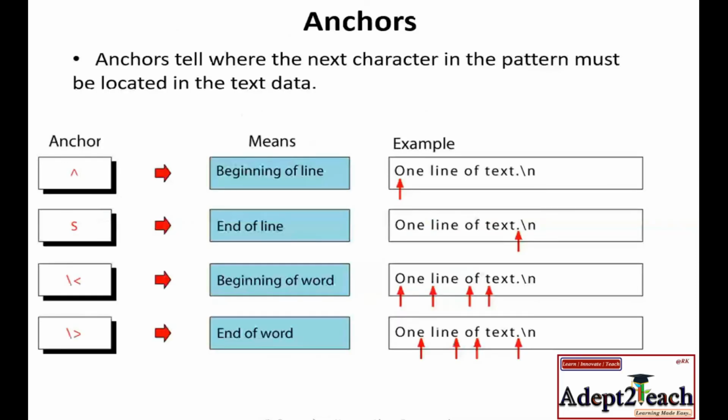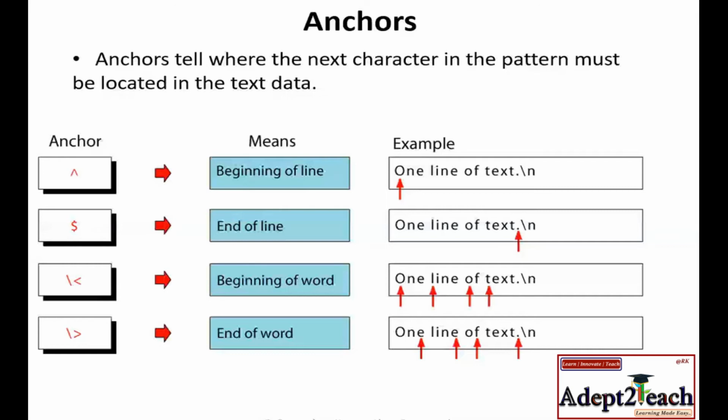Now next is our anchors. Anchors means when we are talking about beginning and end: beginning of the line, end of the line, beginning of a word, end of a word. So that time we use these anchor atoms. So let's see, if I am putting a simple caret operator, it will search for the beginning of line. So it will point towards your first character. So if I am, let's say, looking for any word and I want that the word should be the first word in the line, then I can put an anchor symbol operator in front of that particular word and it will exactly search for that.